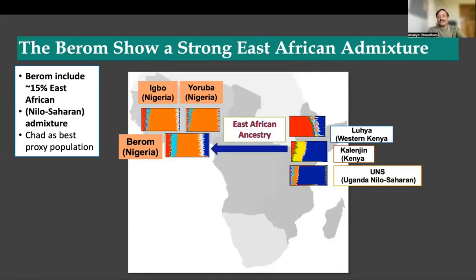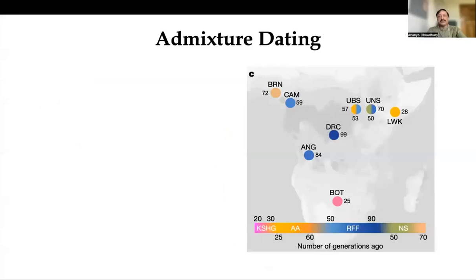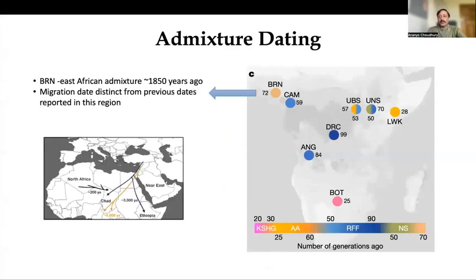As mentioned in the previous section, there are several methods of dating admixture, and we used the tool MOLD to date admixture in the Peru. The East African admixture in this population dated to about 1800 years ago, which differs from previous dates for trans-Sahelian migration, and not only in the particular area but in the broader geographic region, suggesting that this admixture could have originated from an independent demographic event,